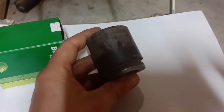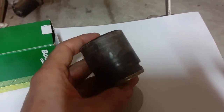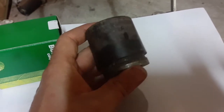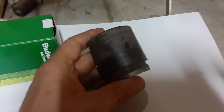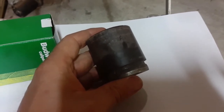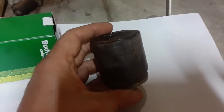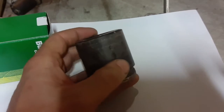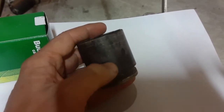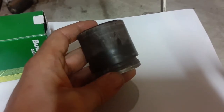This is one of these plastic pistons that was inside the caliper. On my right hand side, I put new brakes on it, brake pads and discs and everything, and on my first drive I felt that there was heat. It was heating up, and so I popped the piston, and it's still smooth. I couldn't feel anything wrong with it, but